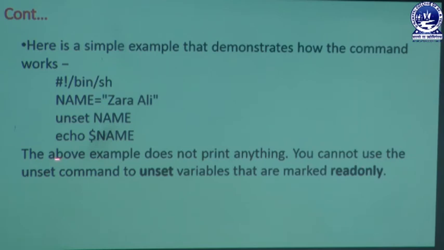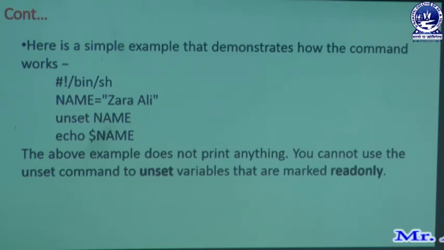You cannot use the unset command to unset variables that are marked read only. Unset means if a variable is treated as read only mode, we need to remove that read only mode, or delete it from our Unix system.